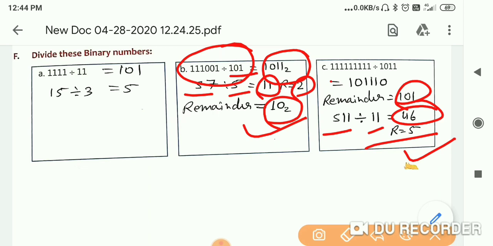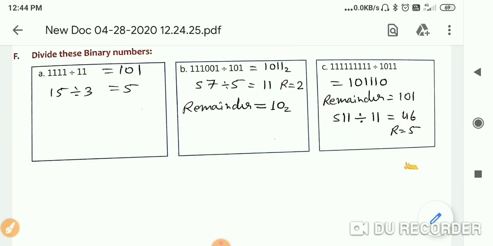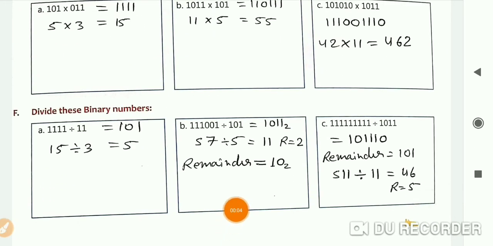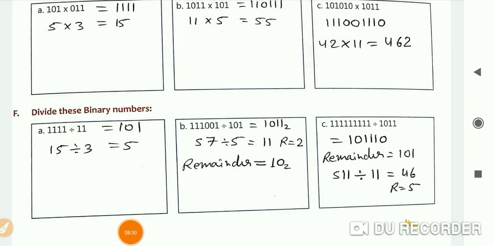So this is all. I have done all the exercises. Now children, I hope all the concepts of binary arithmetic and binary number operations are clear to all of you, and it's your homework to read the chapter once again, do all the exercises once again, do all the binary operations, number conversion by taking different numbers and practice it. Also learn the question answers.